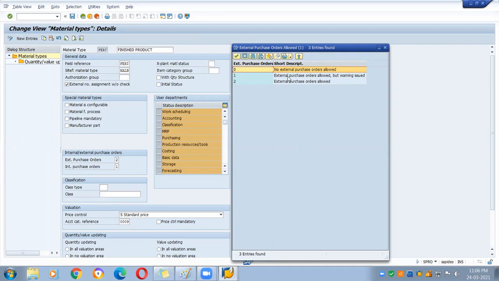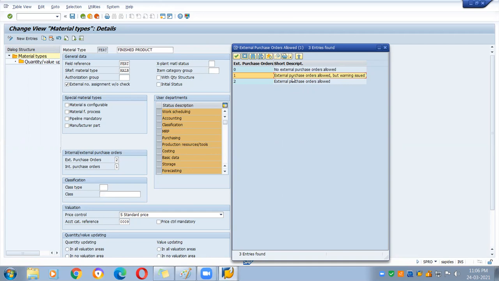External purchase order is allowed, but warning issued. Sometimes it is produced in-house, but there is a need to create a purchase order, so it will be allowed, but a warning will be triggered that you are creating a purchase order for external procurement, but this material that you are going to use is an internal one.